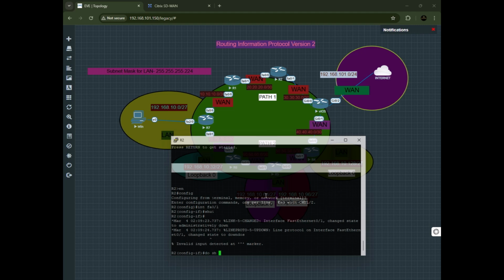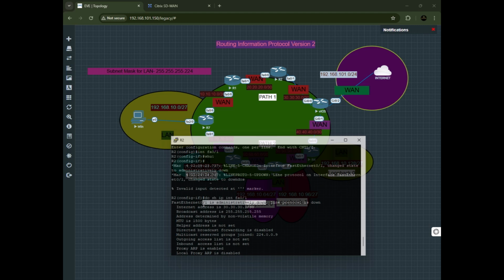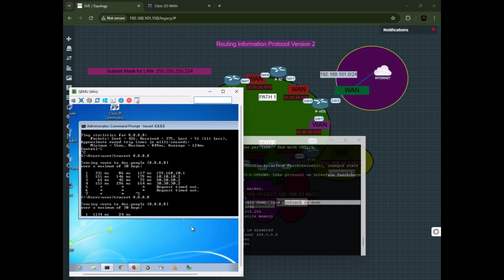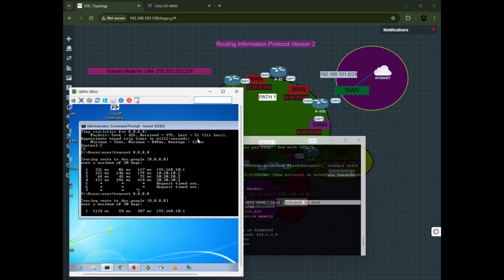If I type the command do show ip interface FA0/1, it's gonna tell me exactly that the interface is administratively down. The administrator just manually allowed this interface to be down. Okay, and the protocol is down. Now what happened on that Windows 7? As soon as we close the interface that it was using to access the internet, remember we have two paths in here, which means now it's gonna go to